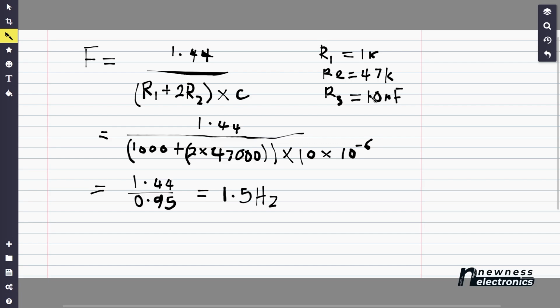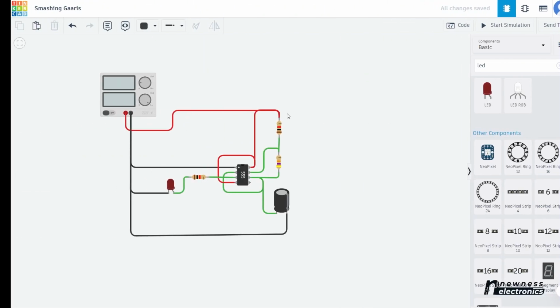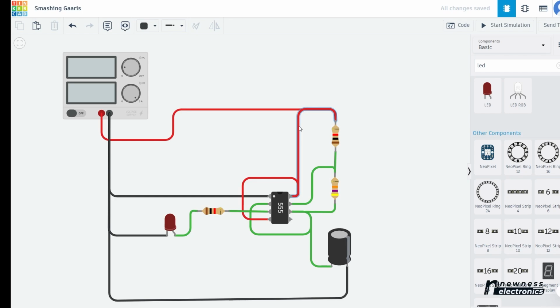Now, what does 1.5 hertz mean? It means that it's blinking at 1.5 times per second. That is, if it were 2 hertz, it would be blinking 2 times in 1 second. If it were 1 hertz, it would be blinking once every second. So 1.5 is between 1 and 2. That means the duration of blinking is a little bit higher than 1 second. So let's see if that is correct by our